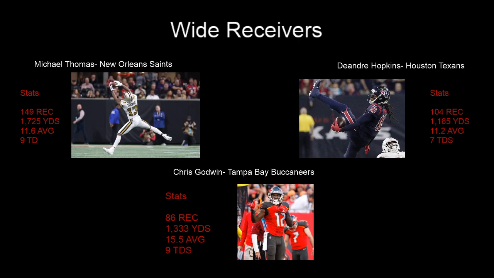And I like rewarding guys that break out. Godwin has been promising to break out for the past 2 years, and now we finally saw it this year. That system is awesome. Mike Evans was another guy in that system who's probably a bit unlucky to miss out on this team, but I had to go with Chris Godwin, and it really came down to the fact that he played a lot more slot than a lot of the other guys. Julio Jones doesn't play a lot of slot receiver. Mike Evans doesn't play a lot of slot receiver. So it was hard to pick those guys over a genuine slot. So I went with Chris Godwin.